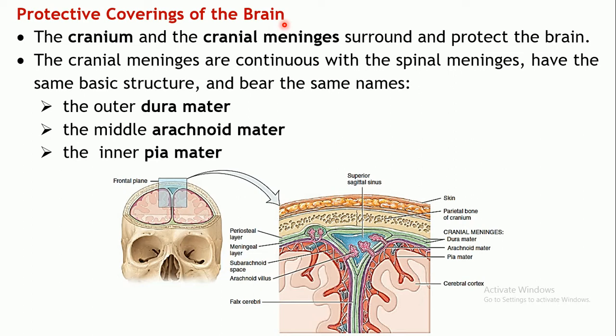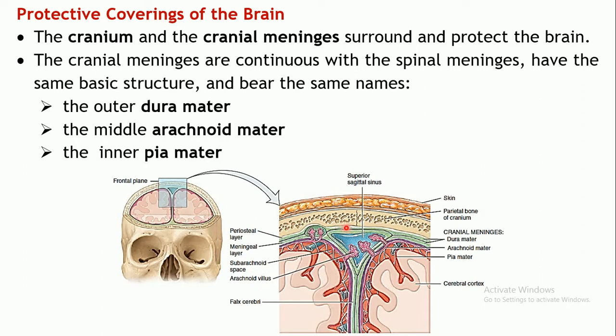Remember over there we had discussed that the meninges, based on what it is surrounding, are known as spinal meninges and cranial meninges. And we had also discussed that the same three layers are in continuation with the layers which are surrounding the brain. So the same three layers are also surrounding and protecting the brain. Okay, so these are the two types of protective layers present. That is the cranium, that's the bones of the skull which is protecting your brain.